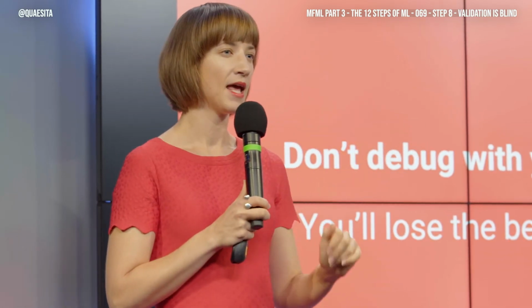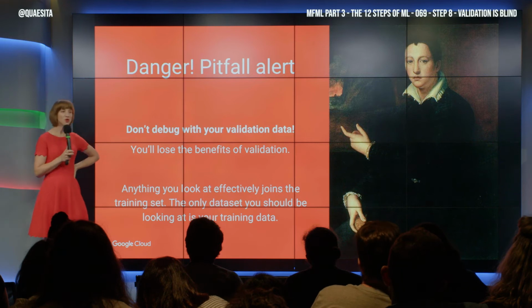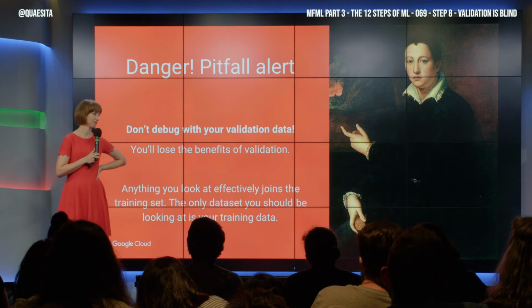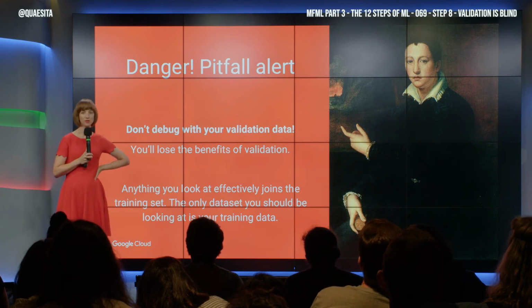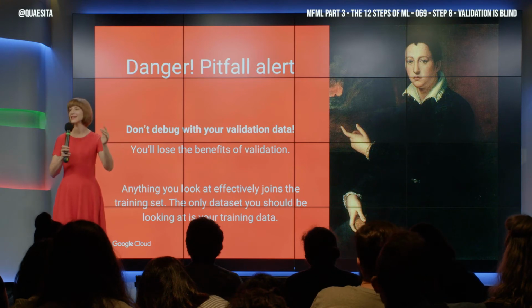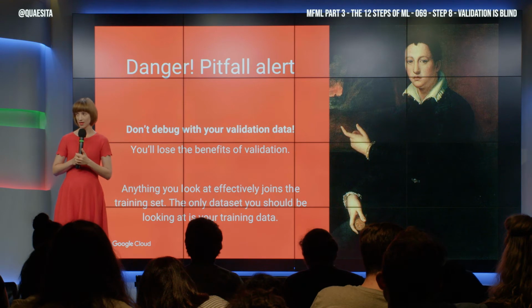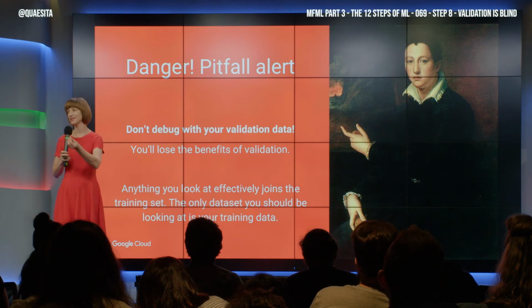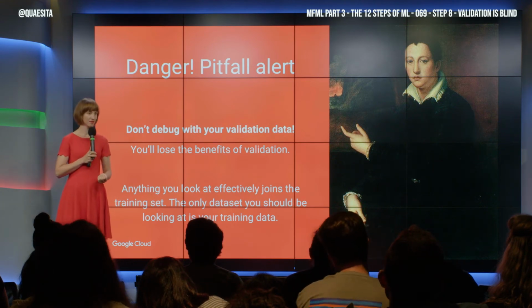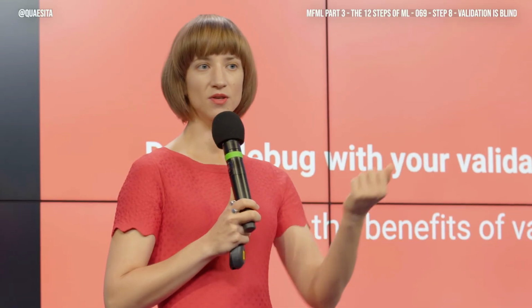If we were debugging at random, the only effect is that our validation dataset got smaller, and that might not be a big deal. But come now, engineers, who here debugs at random? You don't debug at random. You go to the most heinous failures, and you examine them. And you adjust your solution to beat the hardest instances. Well, all right, what are we going to do with those instances? If you take them out and put them into training, your validation dataset is easy to beat. You've just taken the hardest examples out.